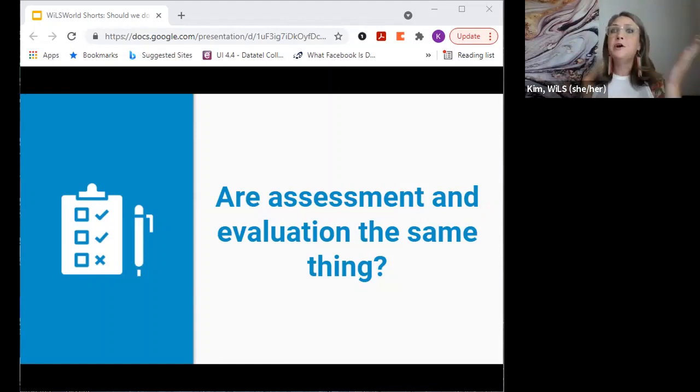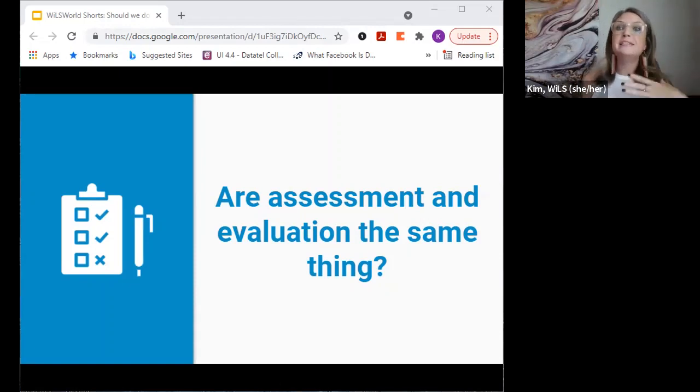This process tends to be much more formative in nature and less about making a judgment. So for example, by conducting that staff assessment, it might highlight gaps in knowledge that could be addressed before you moved forward, right? You're not just going to be like, oh, they didn't learn what they needed to, if the purpose of the training was to make sure people had the skills that they need to be able to successfully use the software. So in that situation, an assessment can highlight any gaps in knowledge that could then be addressed moving forward to make sure everybody had the baseline knowledge that they needed to be successful.